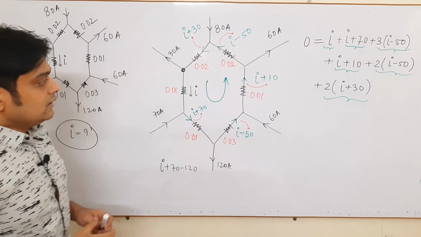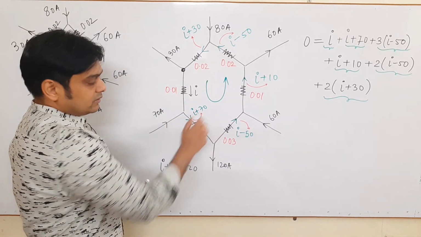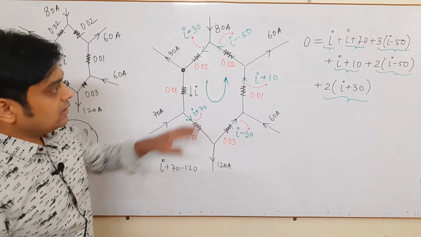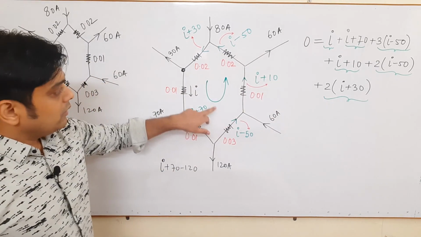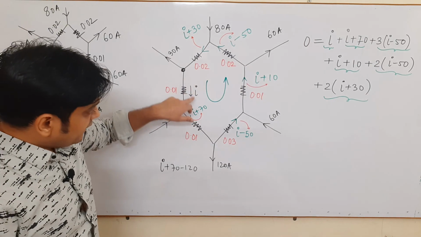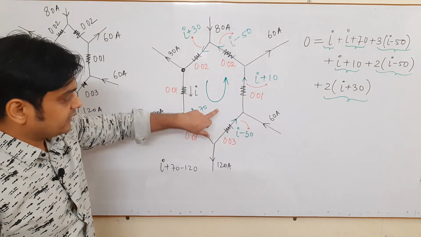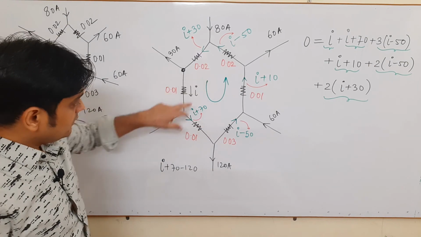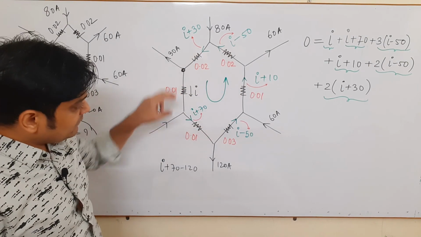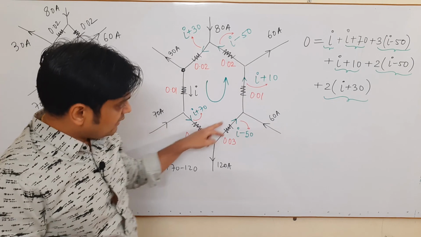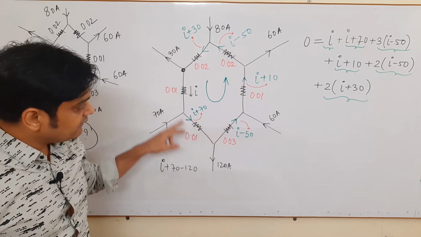Okay, so this was its second part. Now come to what we will do. Now we will find the value of current I for this particular network. So as I said, we apply the KVL in the same direction. So once you apply the KVL in this direction, one can find the value of I.